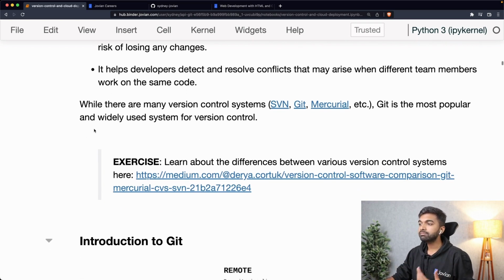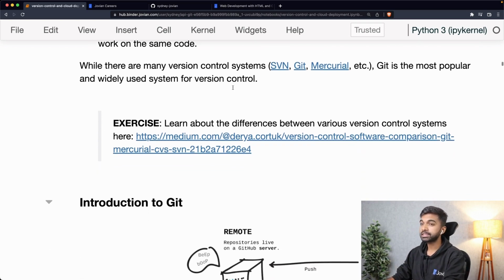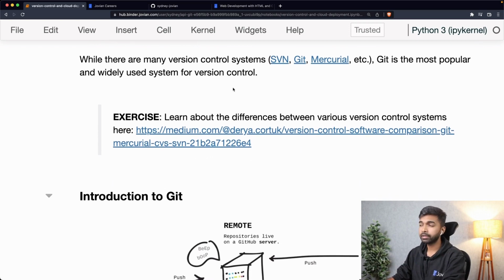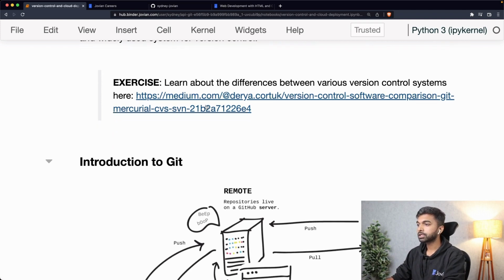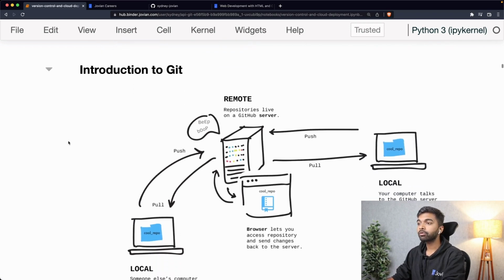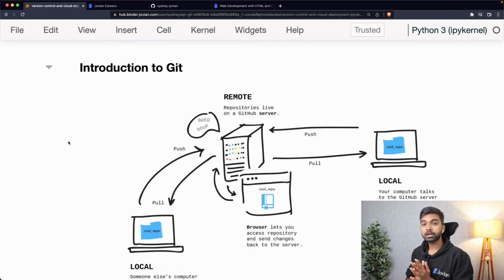So there are many version control systems. There's one called SVN that was very popular early on in the 90s. There is, of course, Git, which we'll talk about today. And there is something called Mercurial. So a version control system is any system that allows developers to track various versions, track changes of files or projects. Now, you can learn about the various version control systems and the differences between them. I have linked to a site, but we are going to focus on a specific kind of version control system